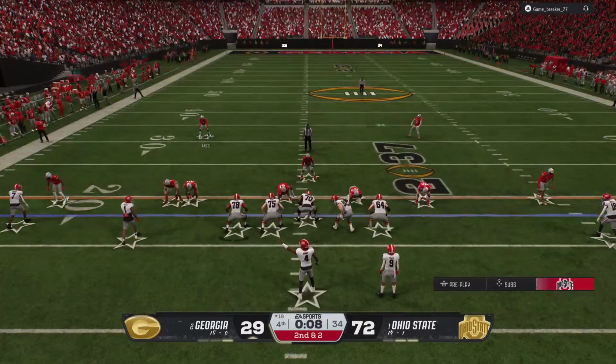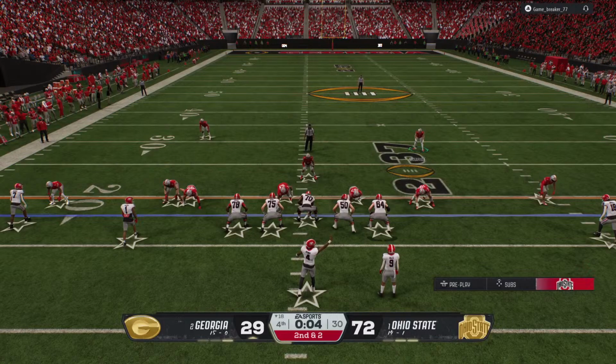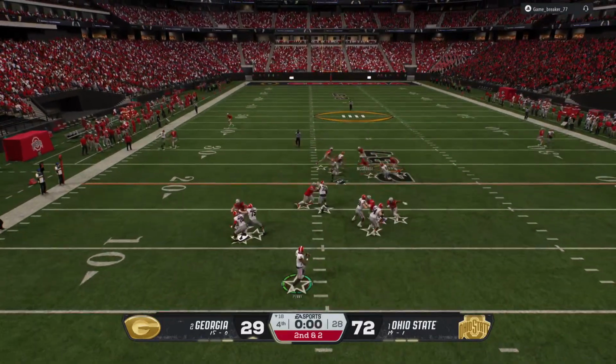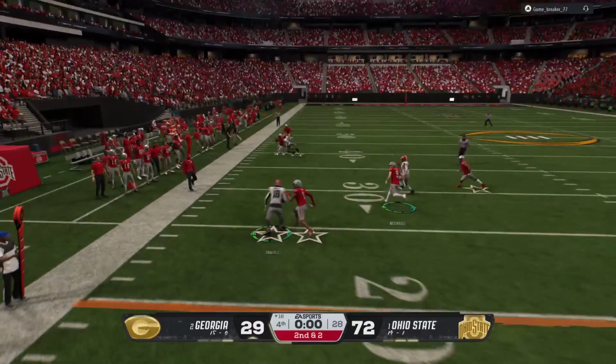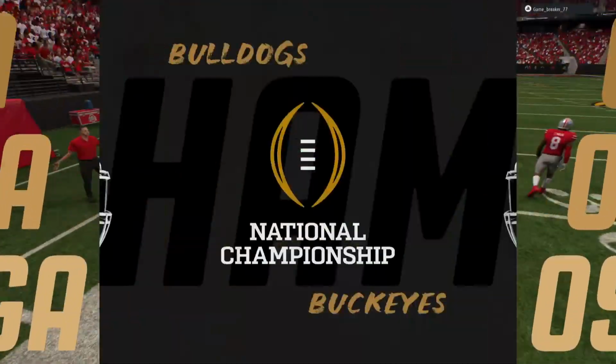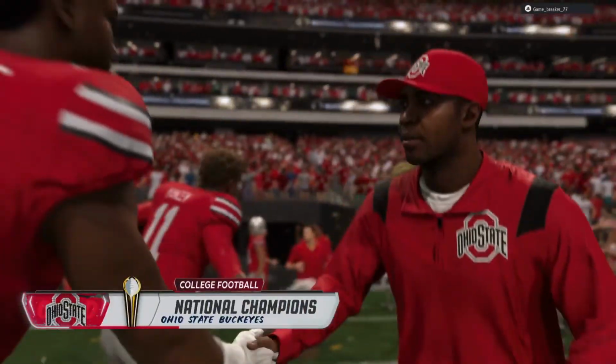Offense getting set up. Here's 2nd down. Quarterback drops back. We're going to test the secondary. Short connection to the tight end here. The tackle is made, and now it's official. We have our national champions. What an emphatic